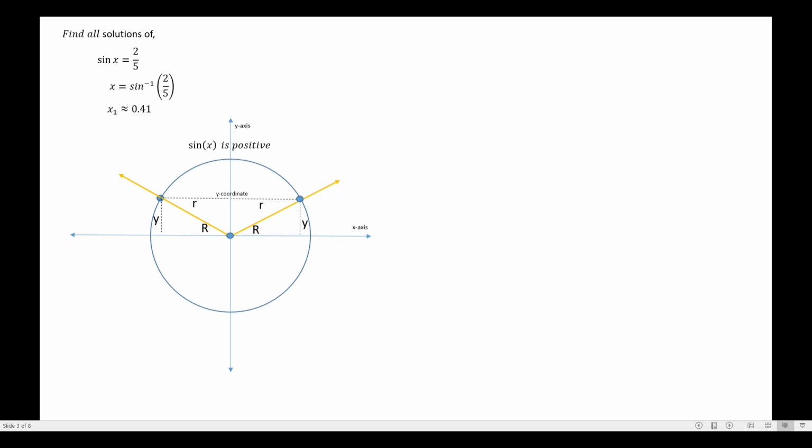Now, no matter what you do in your calculator, it will only give you one value. Okay? So you will use the concept to get the other value or values. Now, since we know that there are two possible answers, then we will consider the second answer, and this time we will get x sub 2 equals pi minus 0.41. Anyway, we are using radian measurements here.